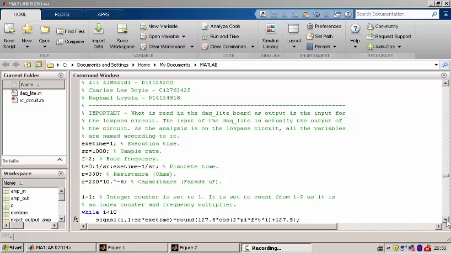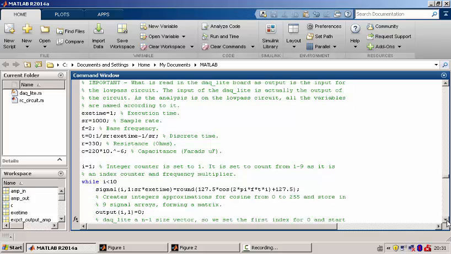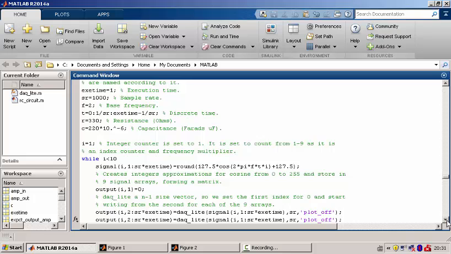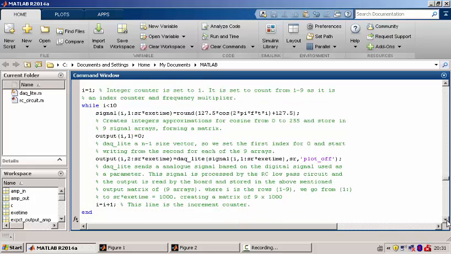We're going to take a quick read through the code, and as we can see, before the actual code we have a couple of sets. We're setting the x time, sample rate, base frequency, an array for time, values of frequency, and capacitance. The first piece of code is a loop. It uses a counter for index accessing and as a frequency multiplier, because we're testing 9 different frequencies, and these frequencies increase with I, and I goes from 1 to